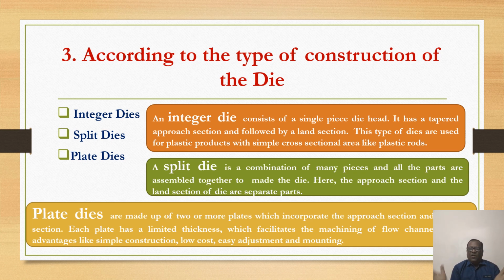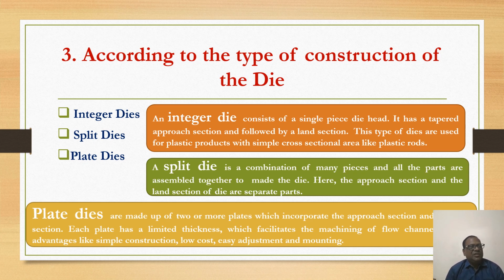That means the whole thing, the total die, is a single piece only. And if you want to change it, suppose you are using an integer type of die, and after 1, 2, 3 years it is necessary to change it because of usage. After 2, 3 years of usage, some problem you are getting, and now you have to change the die. Then in that case, you cannot change